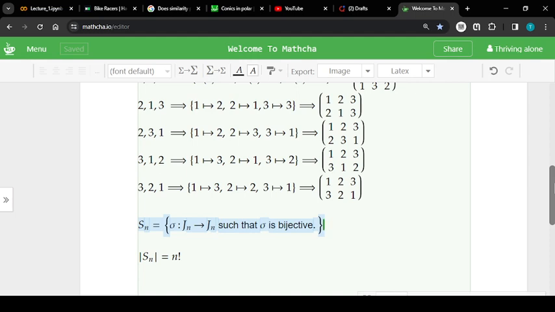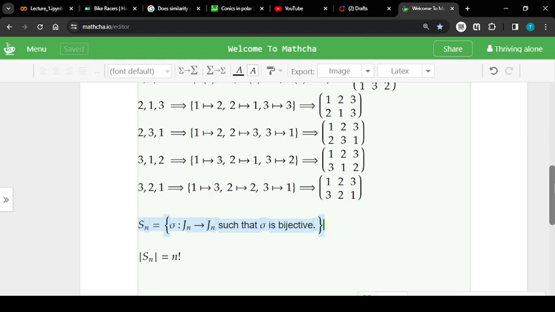And since every function here is bijective, an inverse function can easily be computed, right? You can always compute an inverse function of a bijective function, especially here where the domain and the codomain are finite sets. So it's not much to worry about. Okay. So it satisfies all the criteria which a group